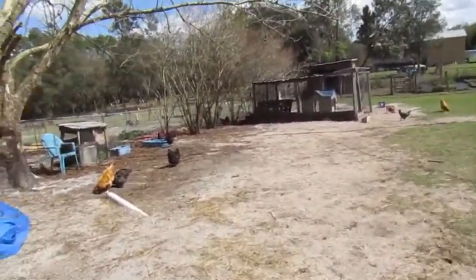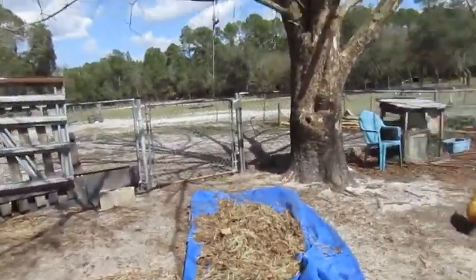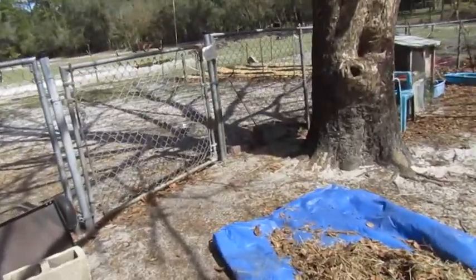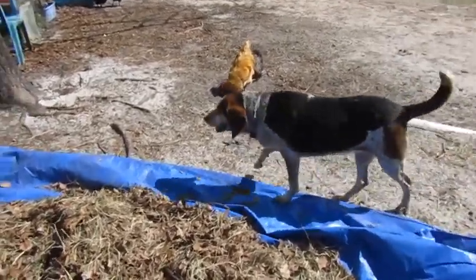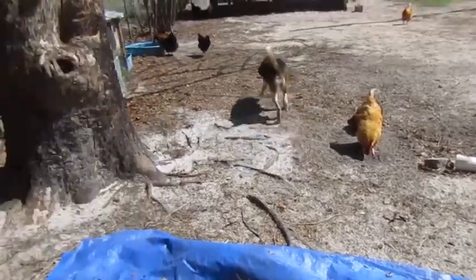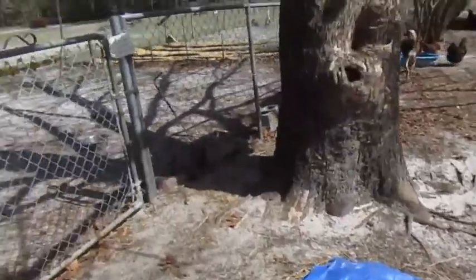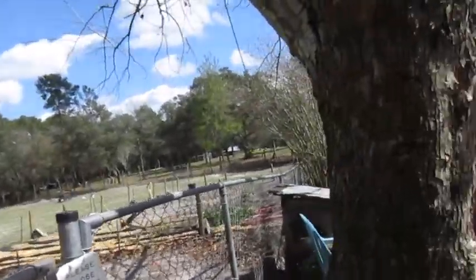It has different names. It could be called no-till gardening, back to Eden method. There's lots of terms and little differences between all of them, but this is definitely what I plan on doing. Hey Ashley. In our future farm, before planting our first plant, I want to at least for a year work on our garden, improving the soil and just layering things, layering natural material,